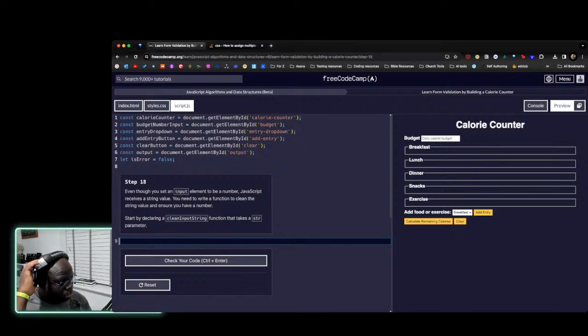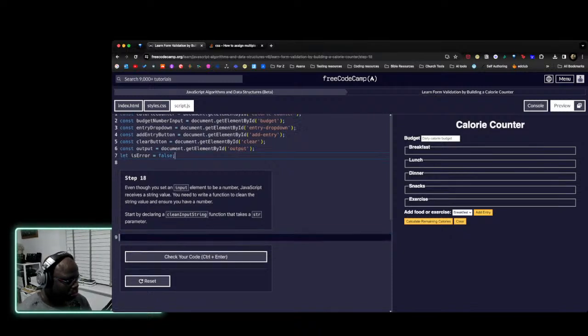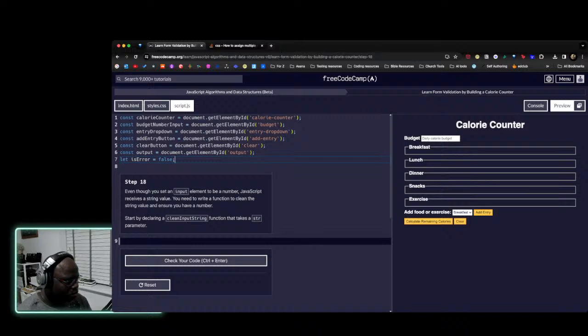Why? Because function to clean the string value and show you a number. Okay, this is cool. Function